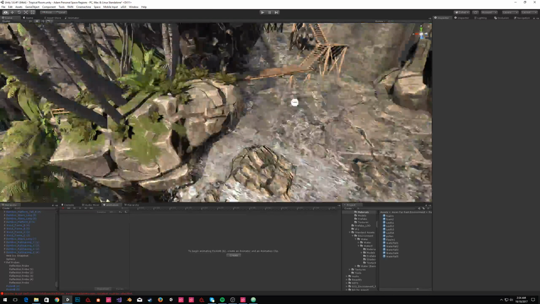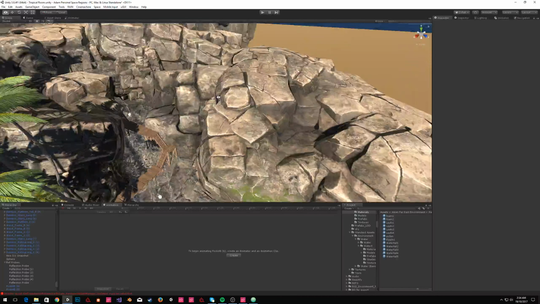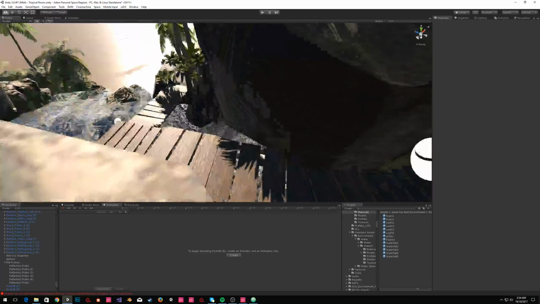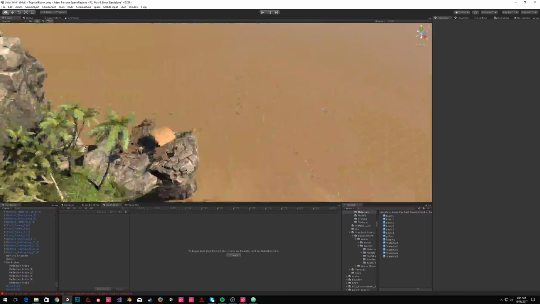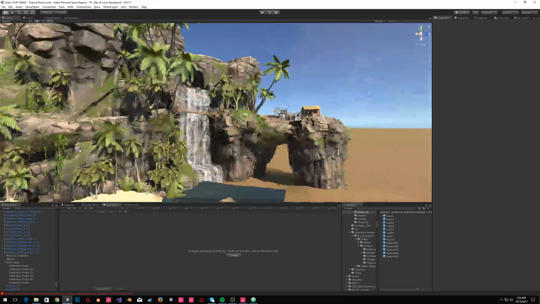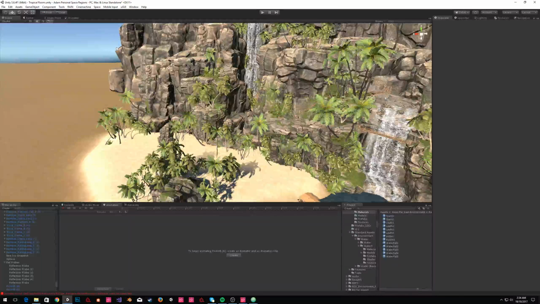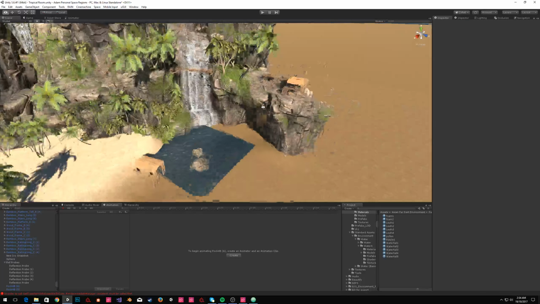All right. So moving on. I'm happy with that now. It gives us a slightly more realistic effect on the top of the river there. It still looks like the tropical paradise we're going for. Okay, next things. Something that I've wanted to play with in these tutorials for a while,